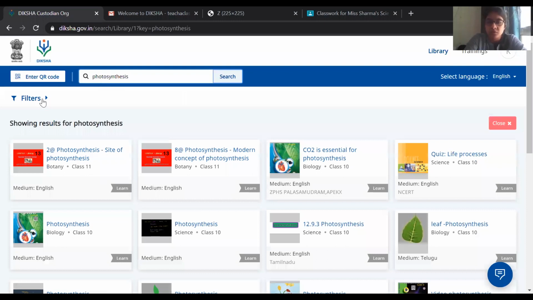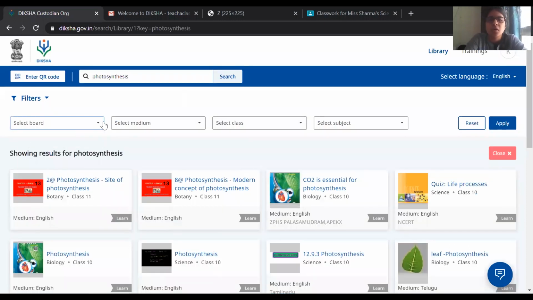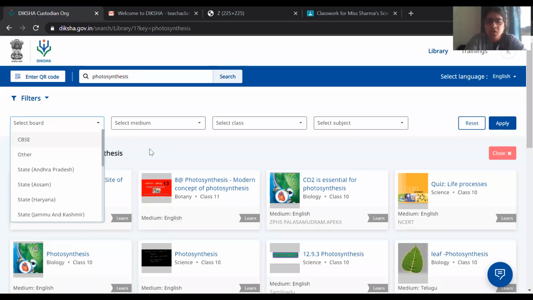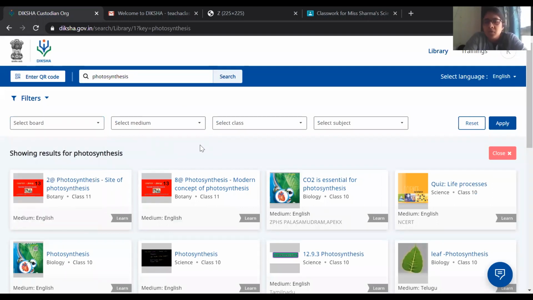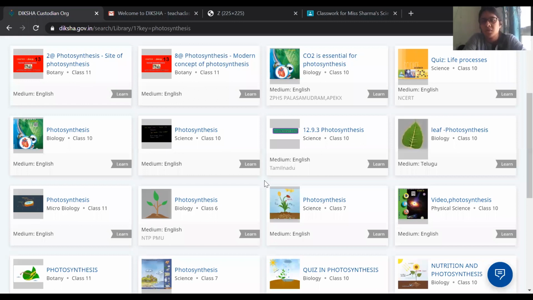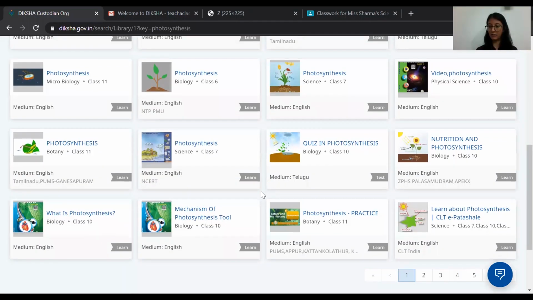Just remember that there are no filters at this point. It is possible that if I put the filter for Maharashtra board or any other board, the content will get reduced. But if you're not worried about the curriculum or the board that they're following and you only want the topic, I don't think it makes sense for you to put that filter. You can explore content from other boards and still get what you want. Thank you so much. I think that answers that question.